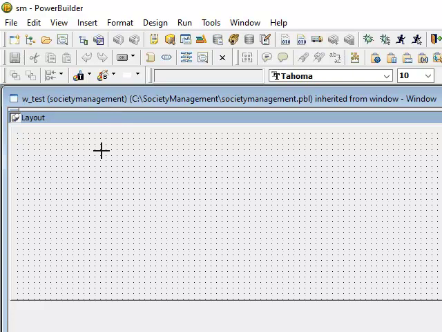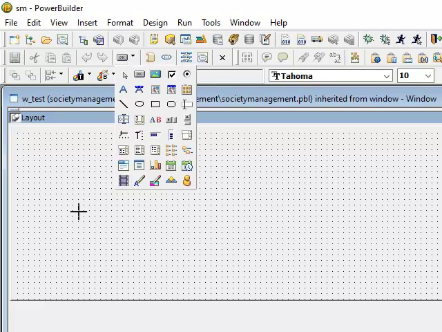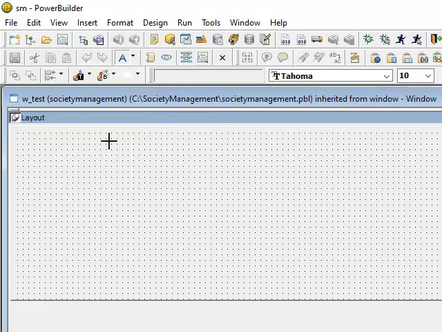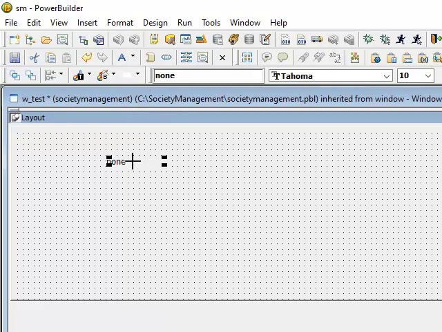So far, how many controls have we used? Static control and the single line edit control. What is the use of a static control? This is actually just a label, that tells you this thing is for this purpose. Independently, this doesn't do anything. So what I want to do is take one static control, and I'll say, hey,